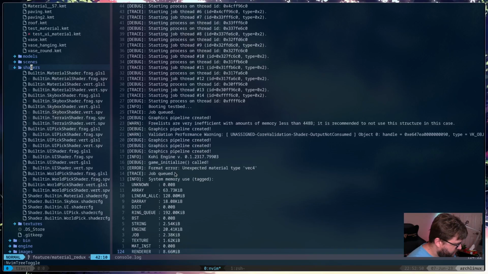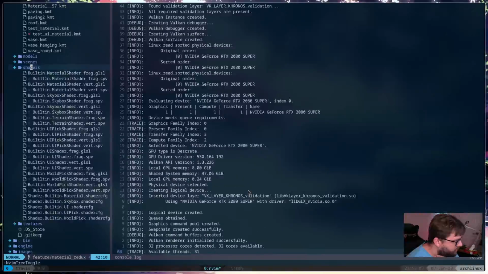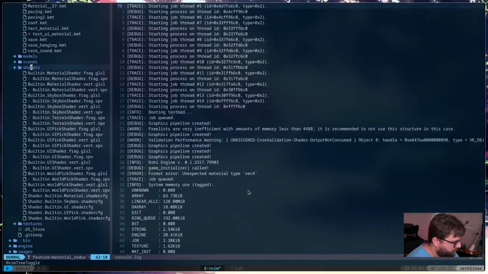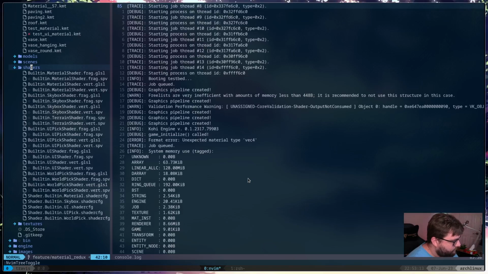Okay, format error, unexpected material type, vec4. I wonder what that's all about. Probably another typo somewhere. Unexpected material type vec4.